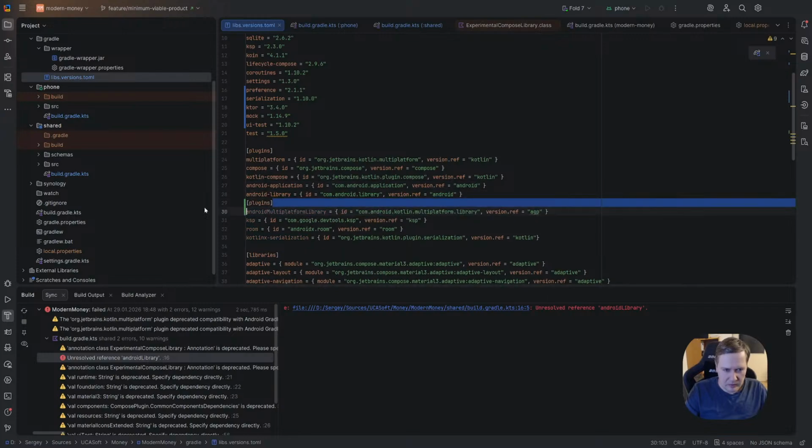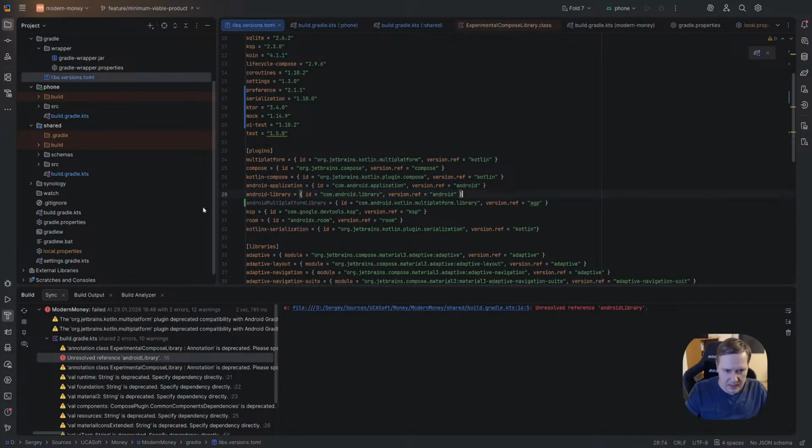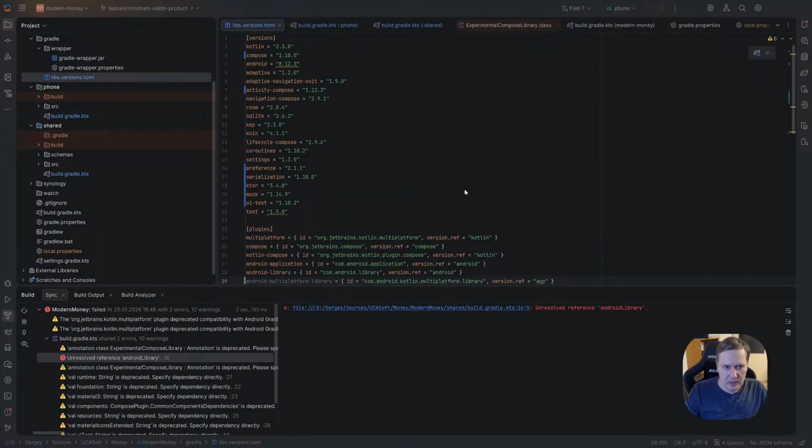Because we don't need these plugins again. So we have Android library, and now we have Android multiplatform library, but it's pointing to AGP. Yeah, AGP, it means, I guess, this one, Android.